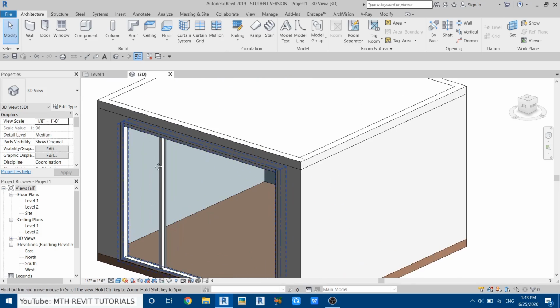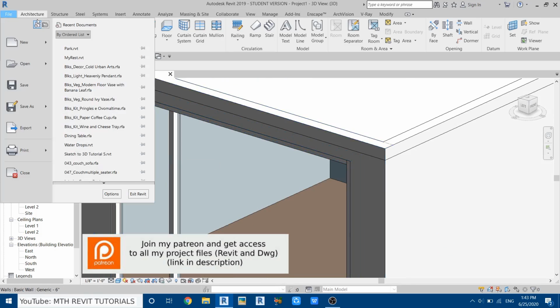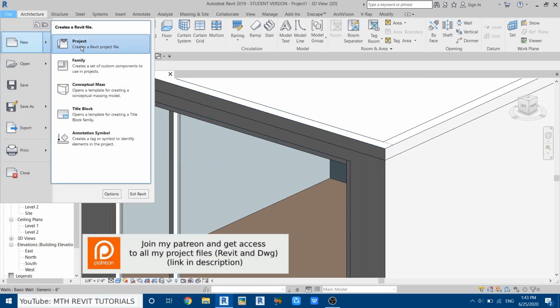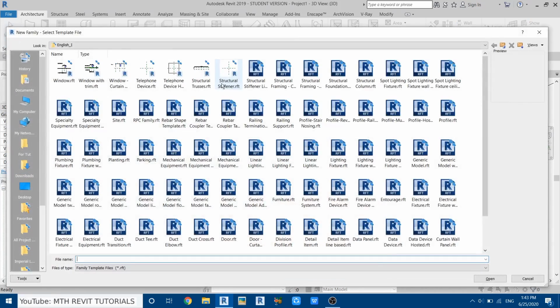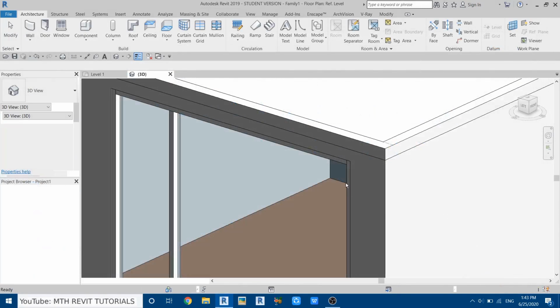Now let's create reveals on this wall. So I am going to create a new family. For that, go to new, family, and then here just look for the profile. Here we have it. Open this up